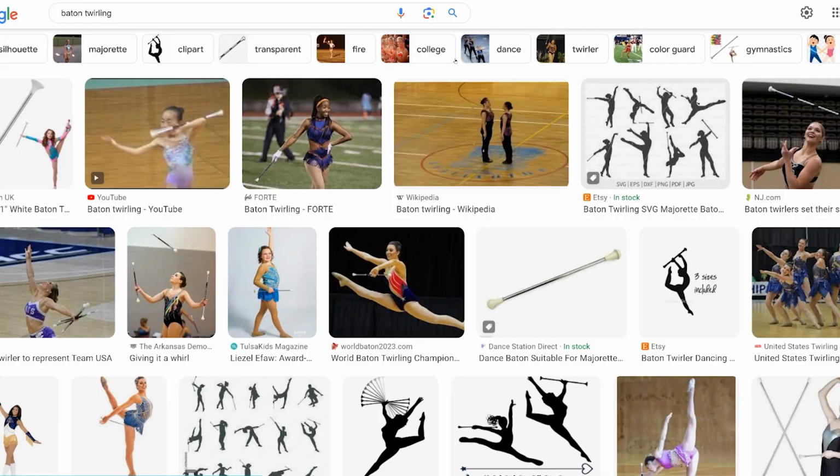What does that even mean? The Ultimate Baton Twirler? I'm gonna have to look this up. I don't even know what this is getting at. Oh, okay. I get what baton twirling is. I didn't know that was the name for it. But okay, so it looks like the protagonist of this made-up scenario is a baton twirler.